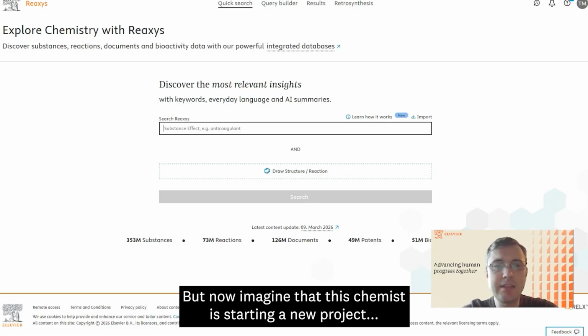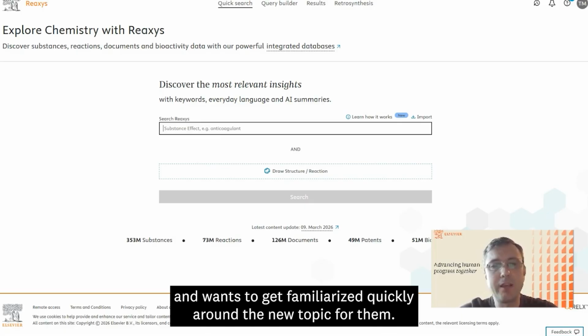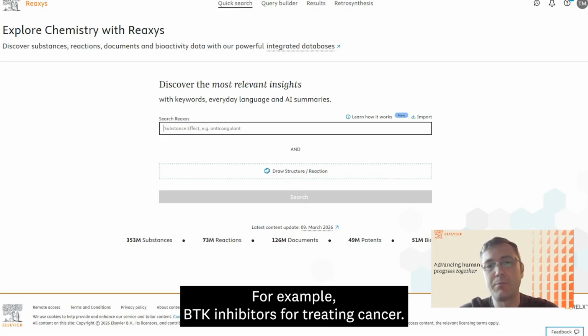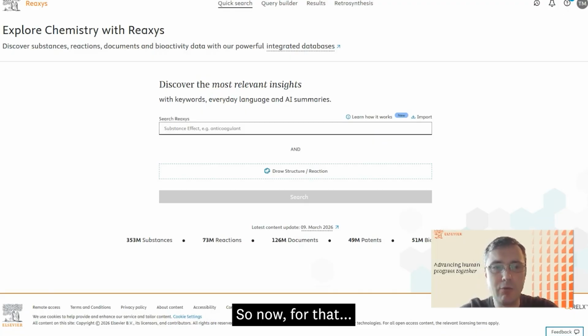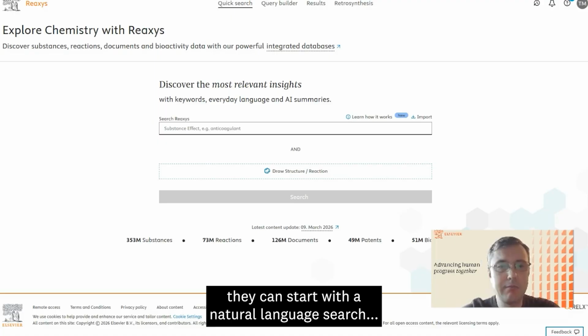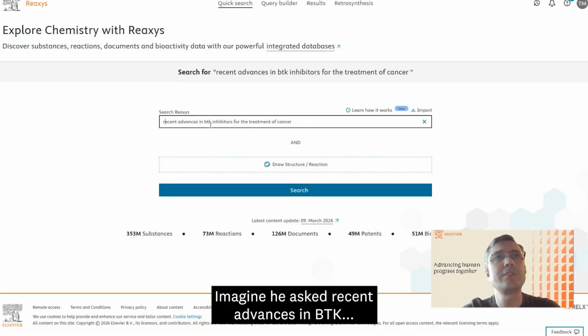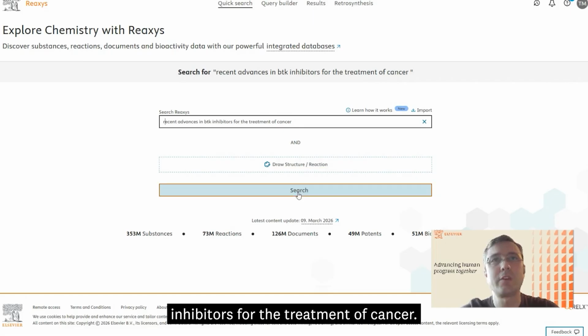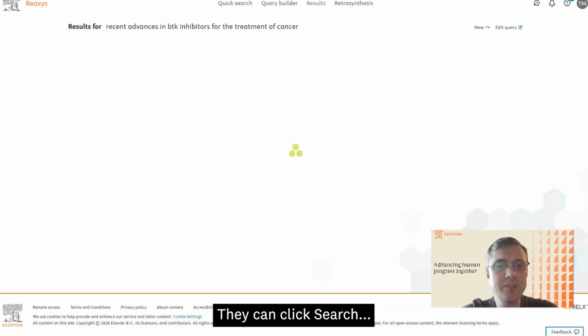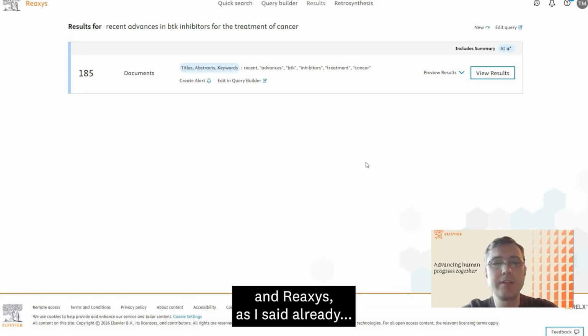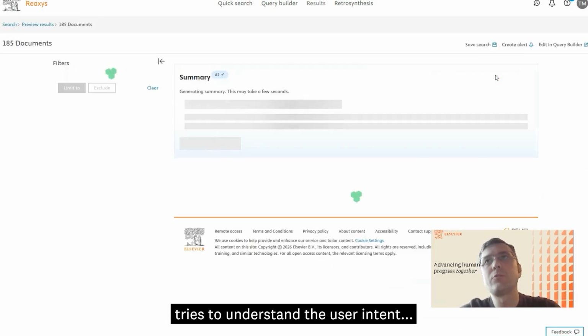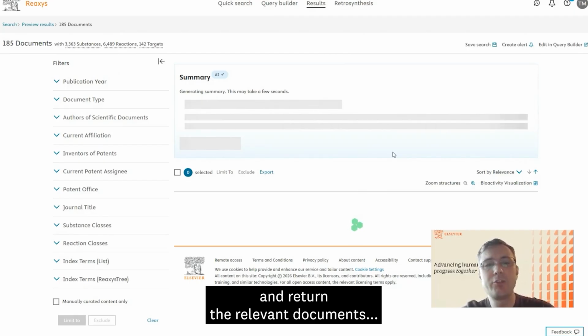But now imagine that this chemist is starting a new project and wants to get familiarized quickly with a new topic for them. For example, BTK inhibitors for treating cancer. For that, they can start with a natural language search just to get a fast overview. Imagine he asked, recent advances in BTK inhibitors for the treatment of cancer. They can click search, and Reaxys, as I said already, tries to understand the user intent and return the relevant